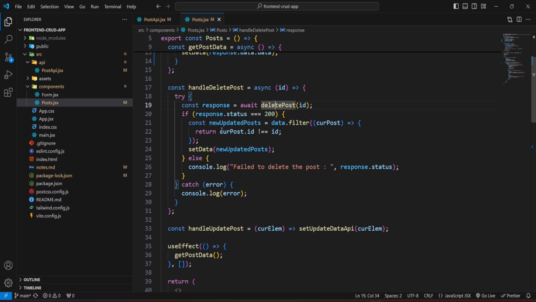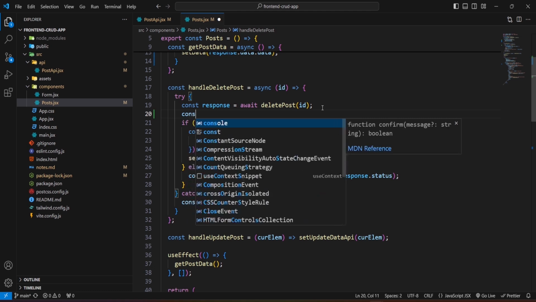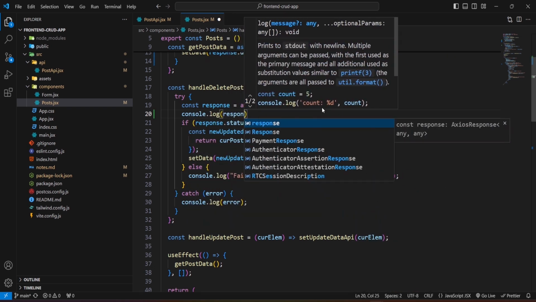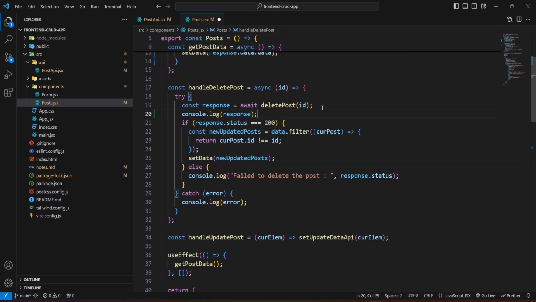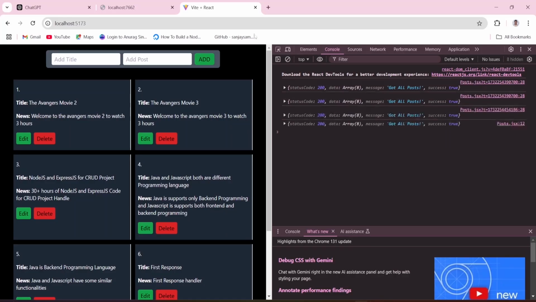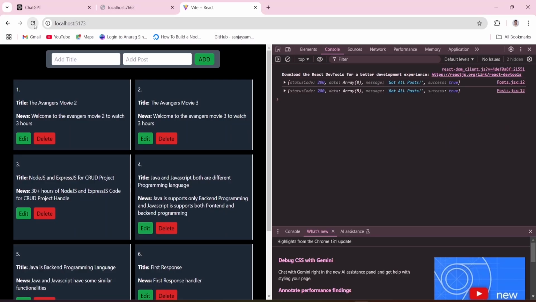Actually, that current post is giving just that response.status. Actually, response.data is what we are giving here. Once again, if you want to check what response you are getting, console.log of response.response. If you want to check here, where I am checking, if you want to delete